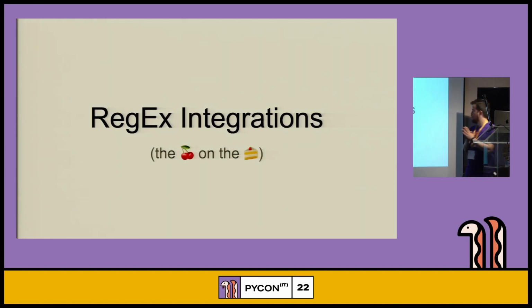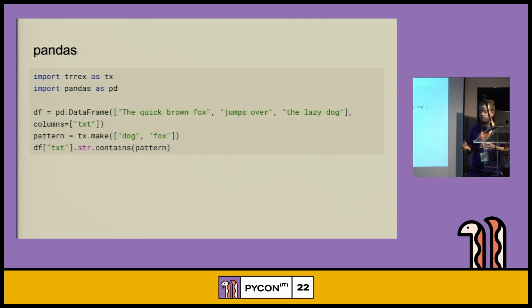To finish, I want to talk about one other really good aspect of regular expressions, that they are ubiquitous, so you can find many tools that integrate with them, and one tool that is very used in the data space is Pandas. So here you have a data frame that consists of a single column, where each cell of the column is a string. You can make a pattern with Trie Regex, and you can use the str accessor to access different functions for strings.